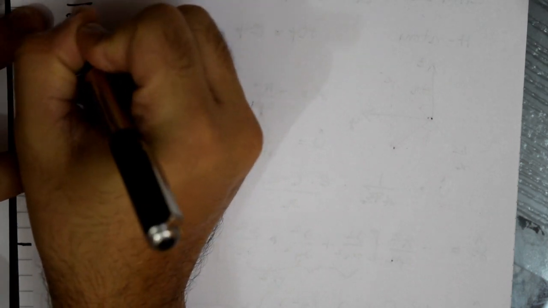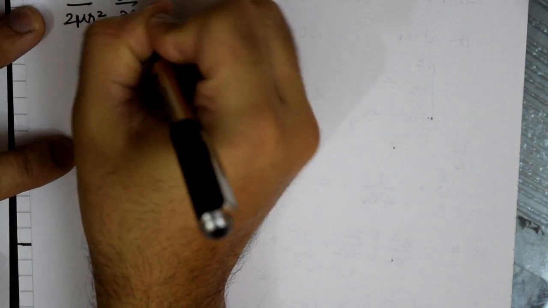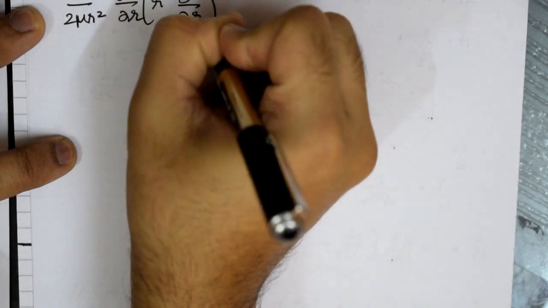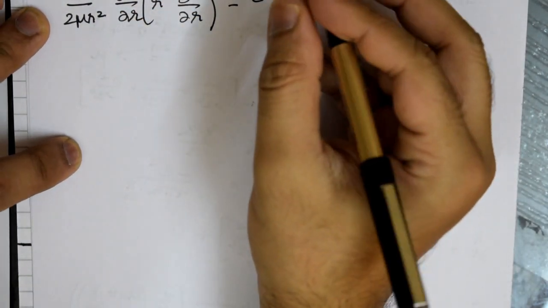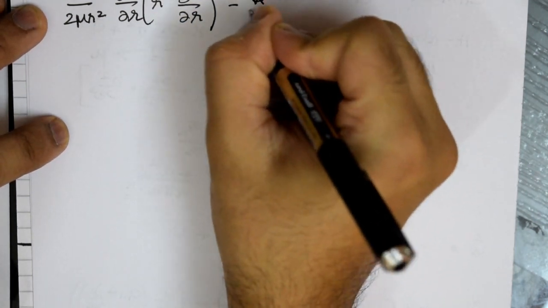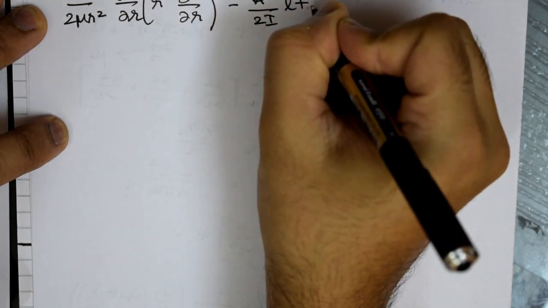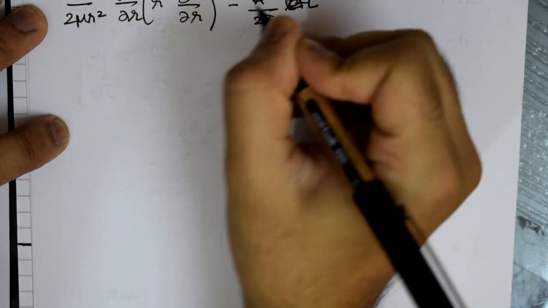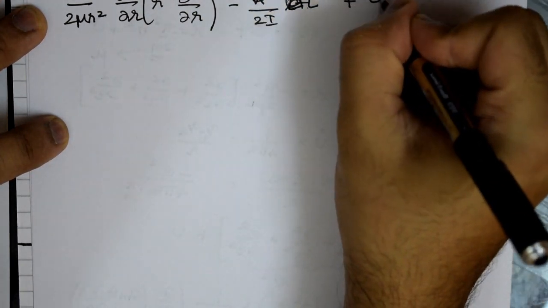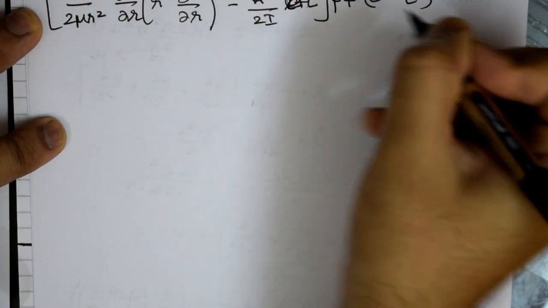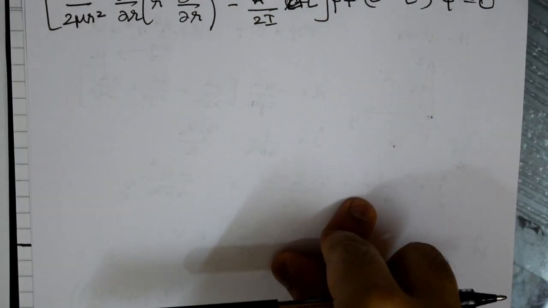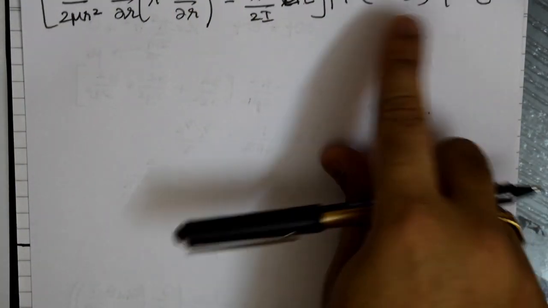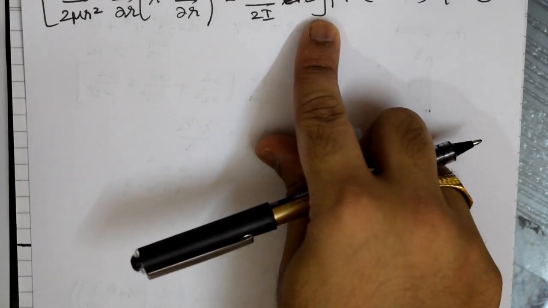So what will this reduce to? Minus h cross square by 2 mu r square dou by dou r square dou by dou r, minus, let's keep it in a way where you have h cross square by 2i L into L plus 1, rather let's keep it capital L square, plus U minus E, times psi equal to 0. So all that I have done is to apply H psi equal to E psi, moving the E psi to the left hand side and applying it to the operator that you have seen.